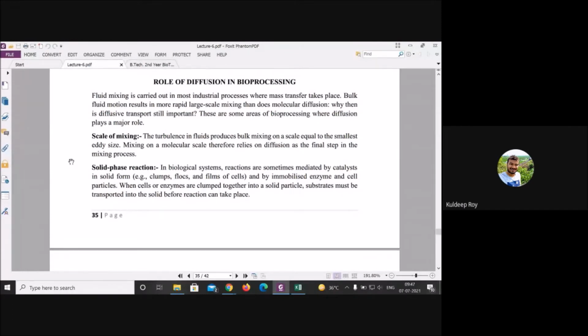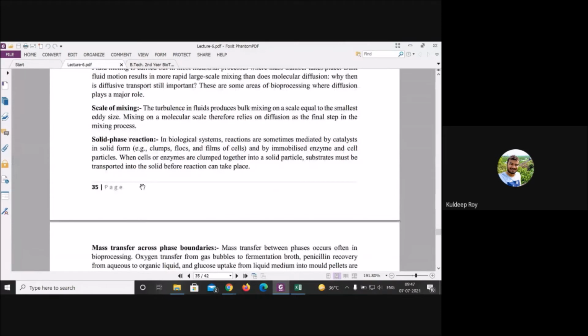Second is solid phase reaction. Okay, this is a little bit tricky. I will discuss this, don't worry. Whenever you add any kind of microorganism or microbe, a solid comes into the picture, and around it, as we already discussed, there is a semi-permeable membrane, meaning small particles or fluid can transfer across the surface. So the consumption of glucose or minerals present around the cell is necessary for growth and for product quality as well. Okay, this is very important.